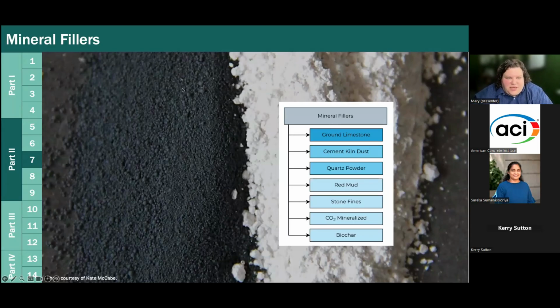And so you can't just go on particle size. You can't just go on composition. You have to go, in this case, on the chemical structure of these materials, where silica fume is glassy and silica flour is crystalline. And so within chapters 6 and 7, we really tried to highlight some of those differences and make it clear that these materials are all different. We go through each of these materials. Ground limestone, of course, is the most common of the mineral fillers right now.